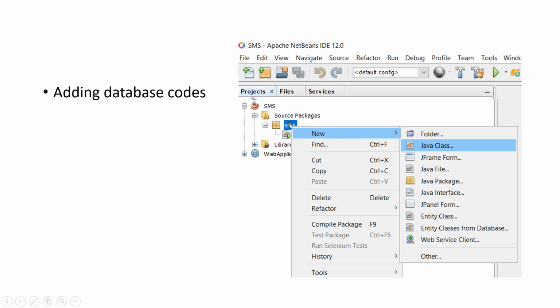Right click over the package SMS. You will get a menu. Choose New and add Java class.